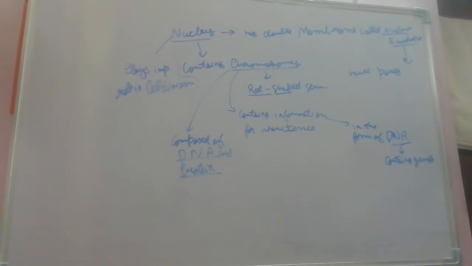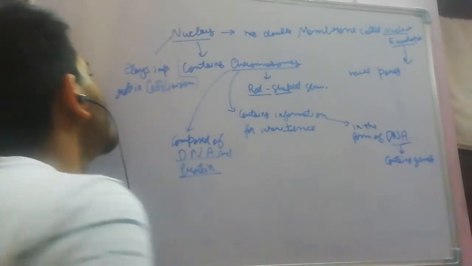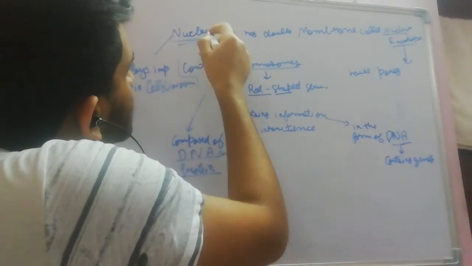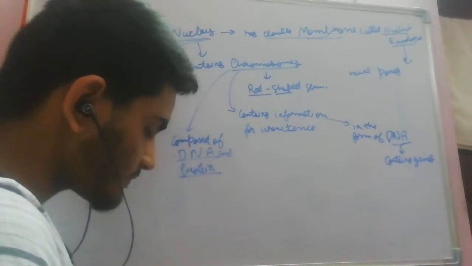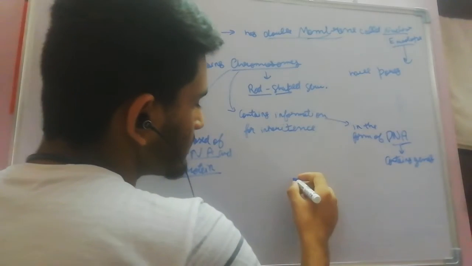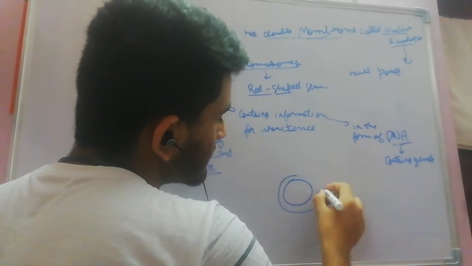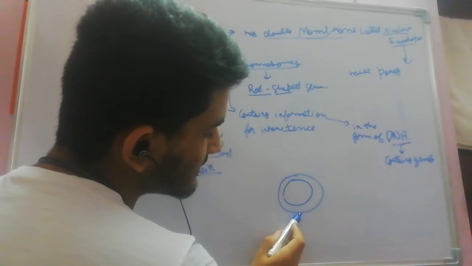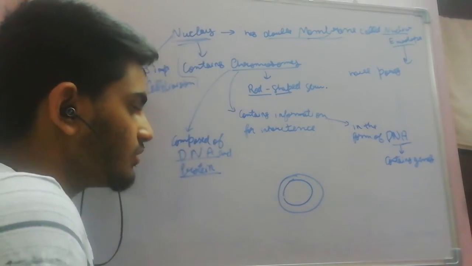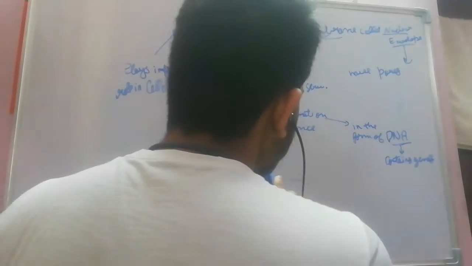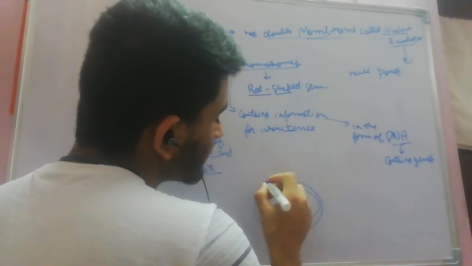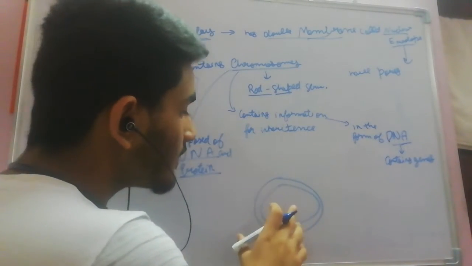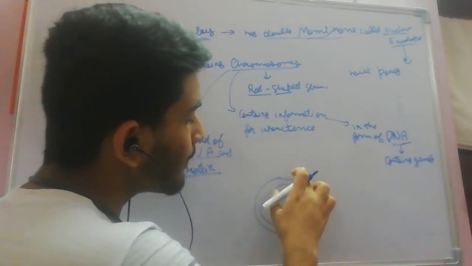Now we'll talk about a very important part of the cell, which is the nucleus. So the nucleus has a double membrane, which is called the nuclear envelope, which covers the nucleus. For example, this is the nucleus, and it has two membranes. So this is the first membrane and this is the second membrane of the nucleus, which covers it from external damage. Now this is the outer cover and this is the inner cover. So the nuclear envelopes have pores on them.